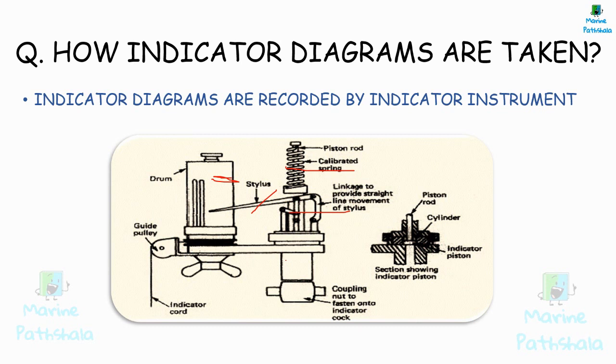The cord is moved by a reciprocating up and down mechanism which is proportional to the engine piston movement in the cylinder. The stylus draws out the indicator diagram which represents the gas pressure on the engine piston at the different points of the stroke, and the area of the indicator diagram represents the power developed in the particular cylinder. The planimeter is used to determine the area under the diagram.